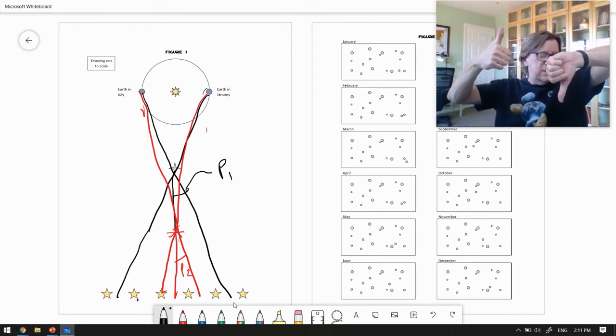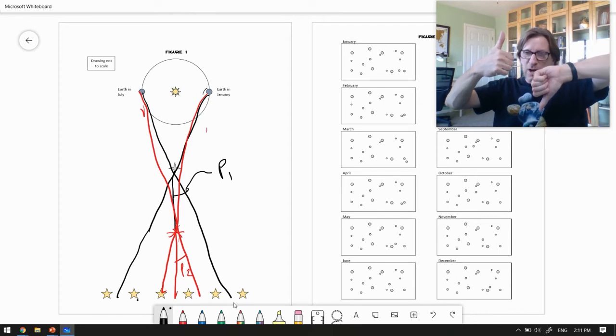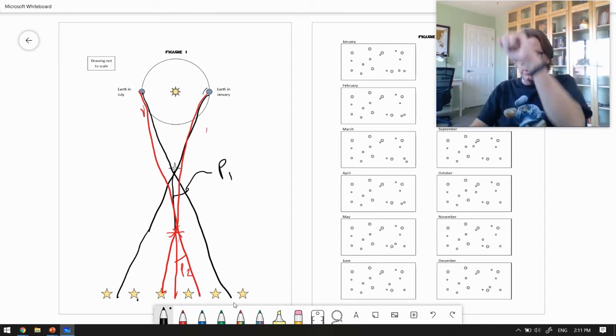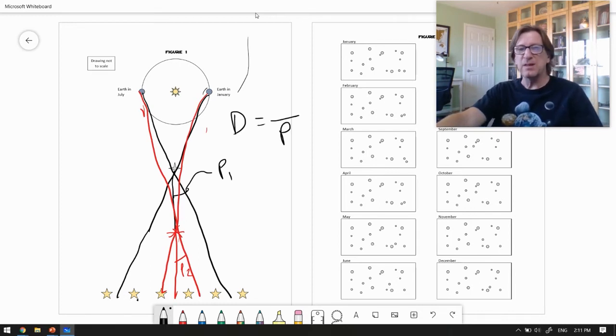It says, is that directly proportional or inversely proportional? Think about what we introduced when we were talking about telescopes. If I've got this situation, is that directly proportional or inversely proportional? Since they're opposite, that's inversely proportional. So what that tells me is that the distance and the parallax angle have to be in opposite places, and there's going to be some constant here. We'll eventually learn that that constant is 1. But for now, as the distance goes up, the parallax angle goes down. That's what inversely proportional is.